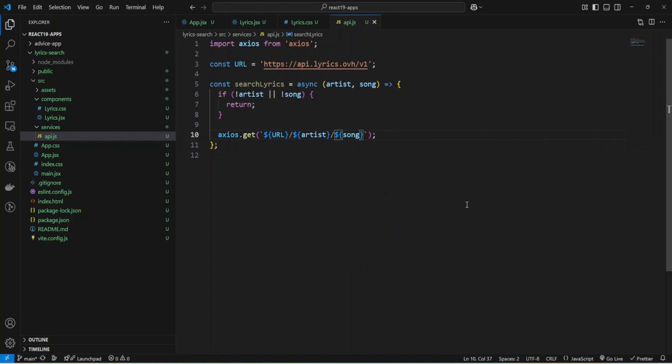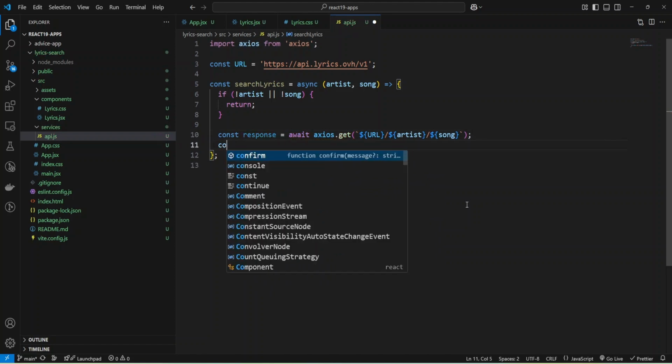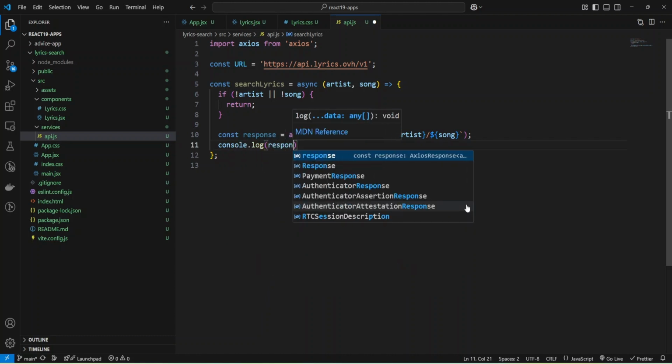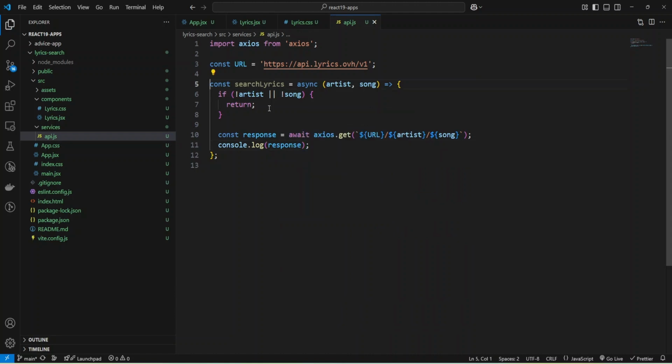Okay, and now we need to wait for the result, and I will use await, and store the response into some variable, response, and assign, and let's do console log response. Okay, and we need to export this function.